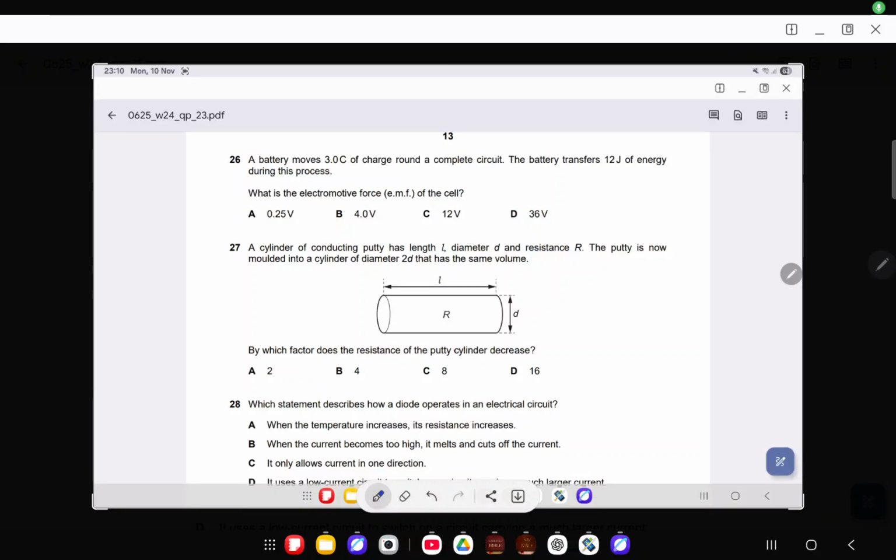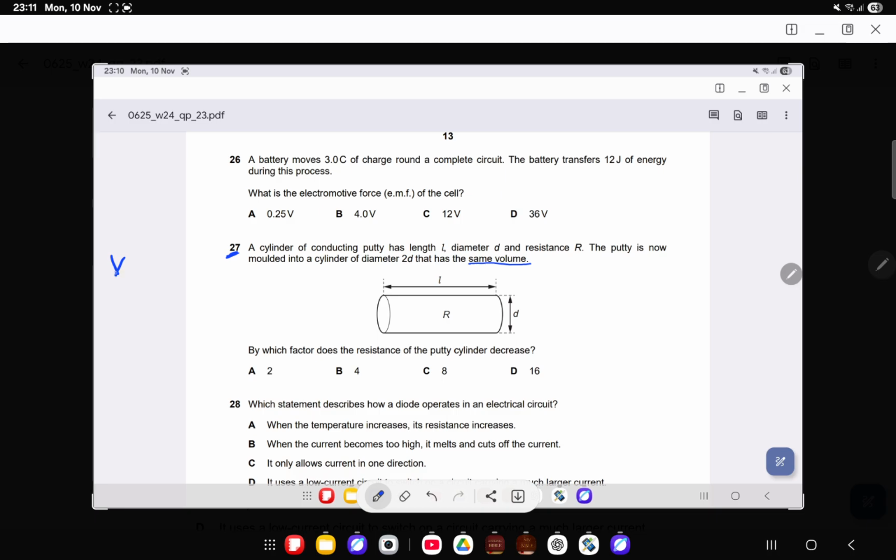All right, so we are looking at this question. A cylinder of conducting putty has length L, diameter D, and resistance R. The putty is now molded into a cylinder of diameter 2D that has the same volume. The emphasis here is the same volume. Please take note of that. So, which means the